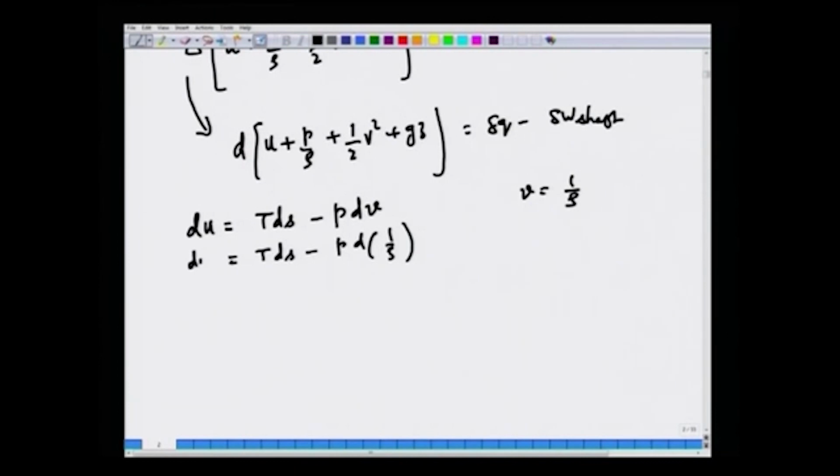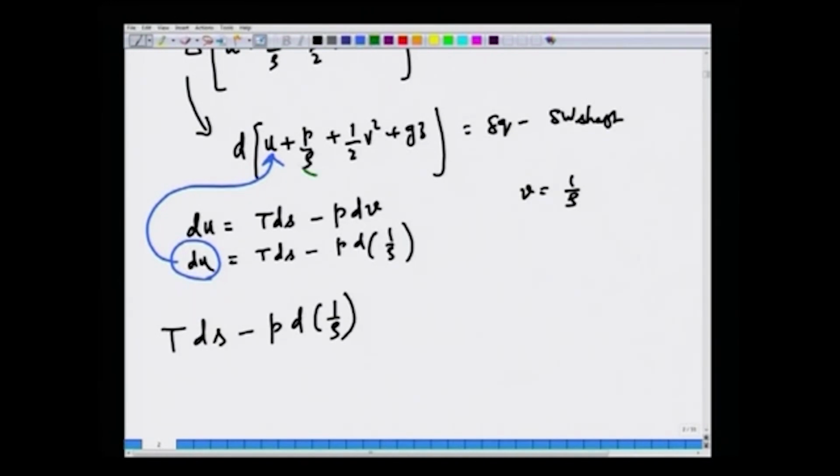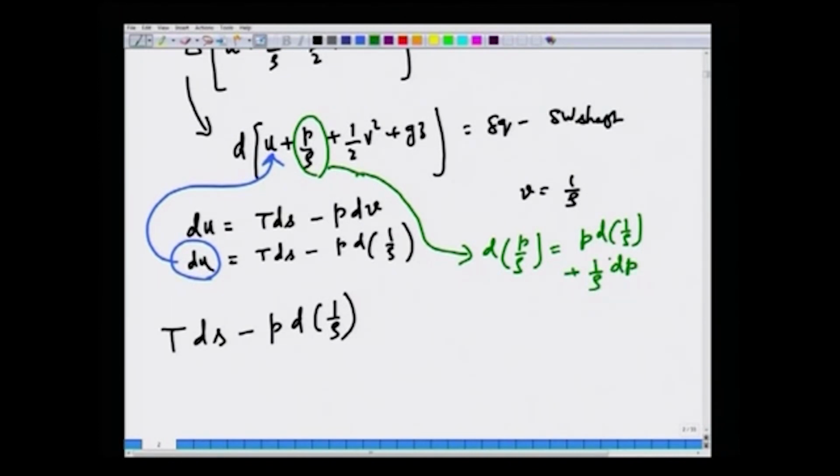So, I am going to substitute this in the du here. Instead of du I will get T ds minus P d 1 over rho, but d of p over rho will give me P d 1 over rho plus 1 over rho dp. So, I am going to write this as plus P d 1 over rho plus 1 over rho dp